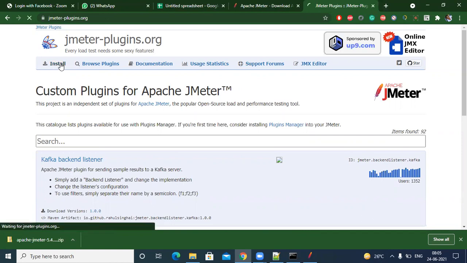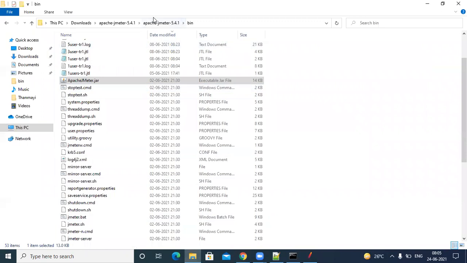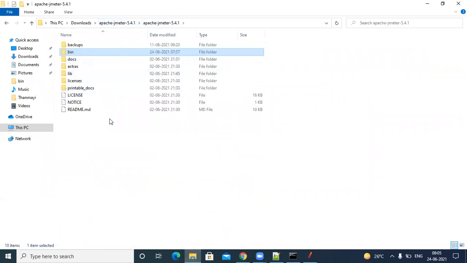So just click on install. You have downloaded the jar, and you have to keep it in lib and external. Let's go to the JMeter folder. Whenever they say lib and external, you have to check in your root.